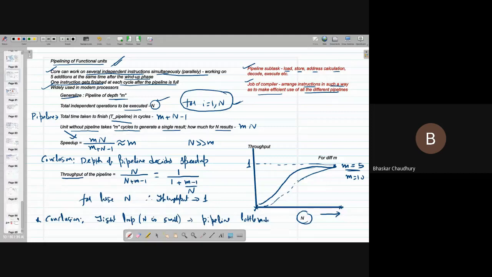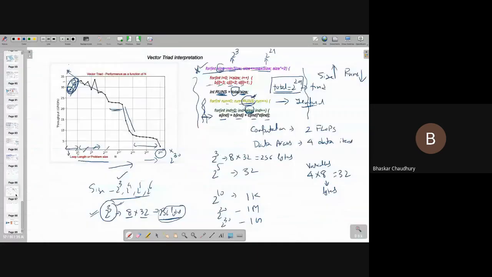Now let's go ahead and look into the second trend. Once the pipeline becomes efficient, so this is the point where the pipeline becomes efficient. Now, from here to here, I can see some kind of good performance, because if I have to compare this particular region, in this region and this.